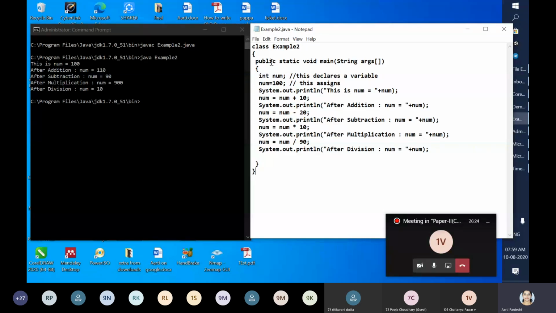Public means what? In today's lecture I'm going to introduce all these concepts, and from the next lecture onwards you will get into them. So what is meant by public? Public means accessible to all. Suppose in this Java file we have written 3-4 classes. These classes can have their own variables and their own methods.